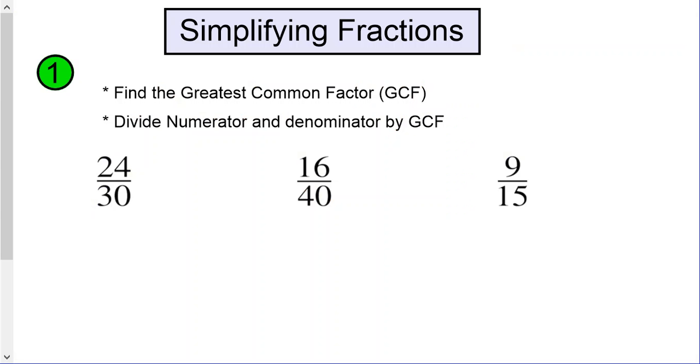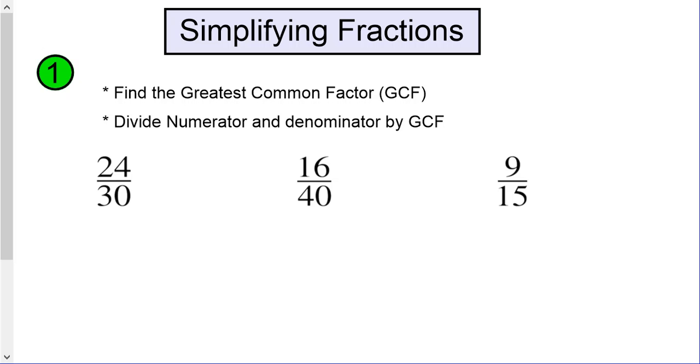Simplifying fractions. So simplifying fractions means to get it into the smallest numerator and denominator. Okay, and when we are simplifying fractions, we need to find the greatest common factor. And the greatest common factor is the biggest number that goes into both the numerator and the denominator. And one way to find this is to use the umbrella method. So, for example, in this first one,